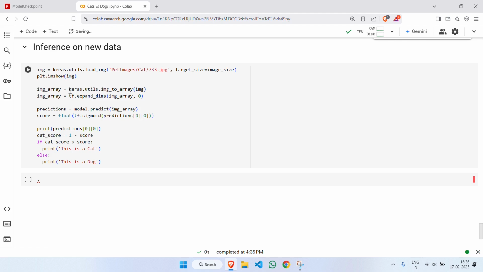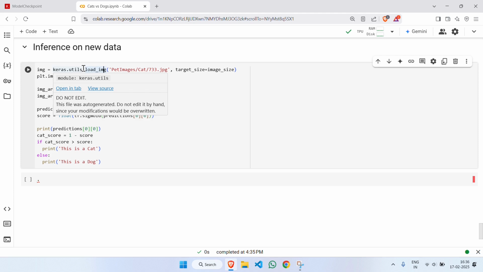And for showing this to you, I'm going with some inference on new data. So I'm randomly picking a pet image inside the cat folder and loading that image with the load image utility present in Keras and changing the size of the image with this argument. After that I am showing the image with this method,